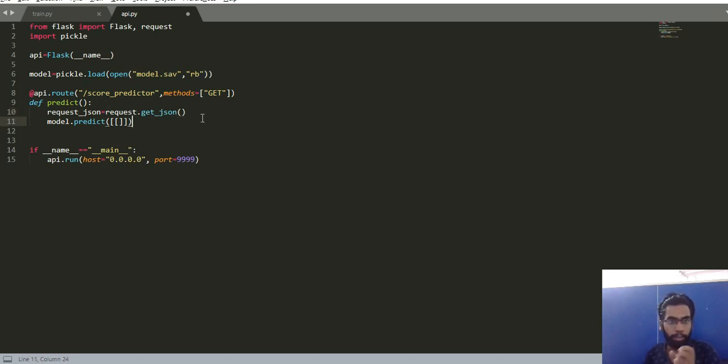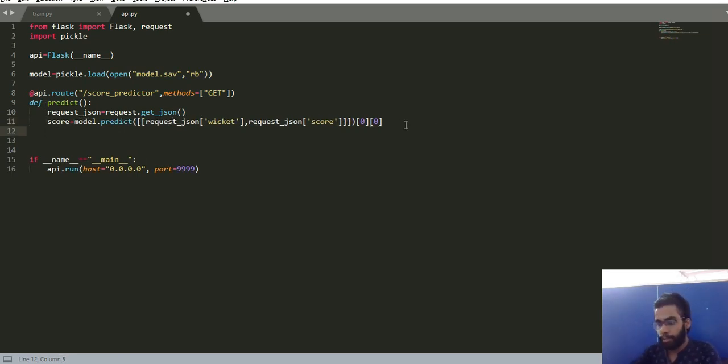Now I'm expecting the user to send me the wicket and the overs that have passed. If the user sends me this data, I can give back the score. So using this request JSON, I will extract the wicket parameter as well as the score. Okay. Now I will pass this. Since I'm passing it as a 2D array, I also expect the response to come in a 2D array. So I'll just pass it. So this one will be my score. Score is equal to this.